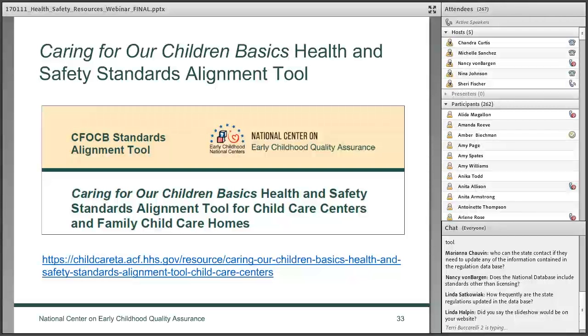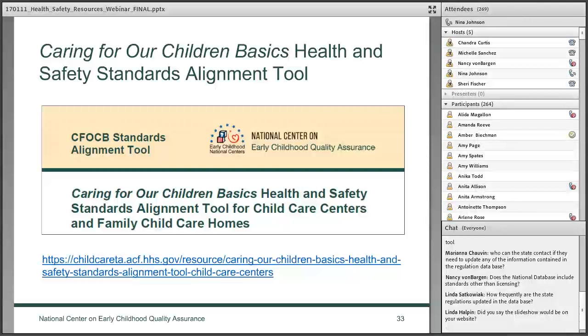It's really difficult to show what specific changes have been made in a set of regulations, but that's kind of what our licensing studies do. While we do it every couple of years, we are able to track what the changes are and what the trends are in terms of where states are making updates to their requirements.